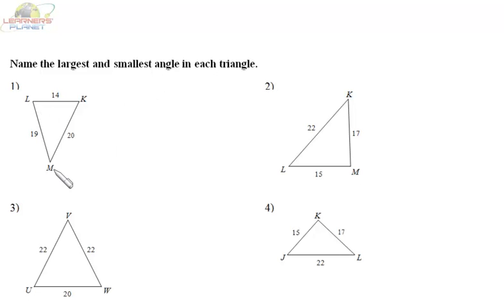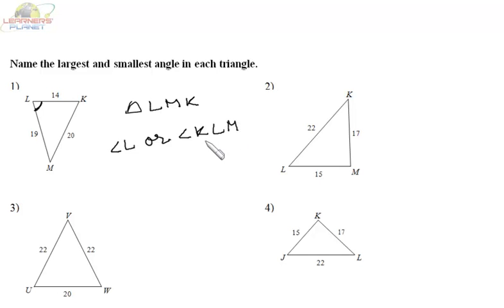Here it is triangle LMK. We can name it as triangle LMK. The length of the sides is 14, 19 and 20. Now which is the biggest side? That is MK. That means this angle, that is angle L, will be the biggest, or we can say the largest. So I just write angle L, or I can write angle KLM